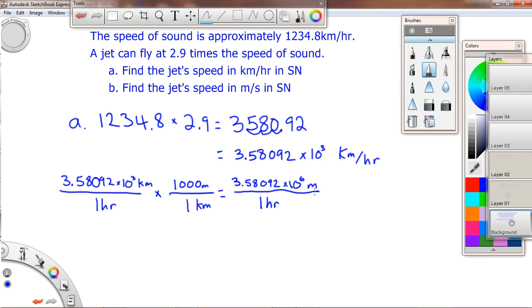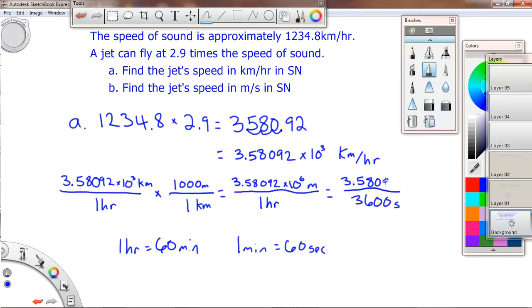Okay. The next thing we need to do is I'm going to think of this 1 hour. And you know what? I'm not going to do the conversion factor because I know sometimes it confuses you. I know that 1 hour is equal to 60 minutes, and that for every 1 minute, there are 60 seconds. So 60 times 60 gives me 3,600. In 1 hour, there are 3,600 seconds. So we'll take this number here, rewrite it. I wouldn't do all this by myself, but I'm just kind of trying to show you every step. To the sixth